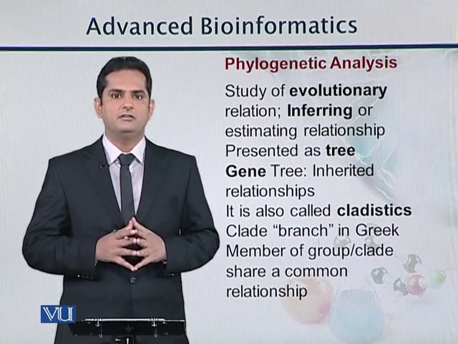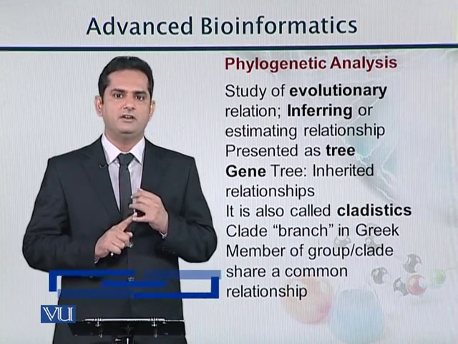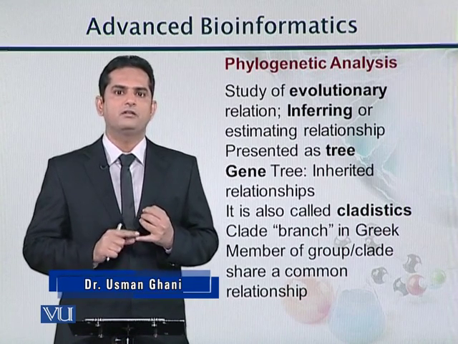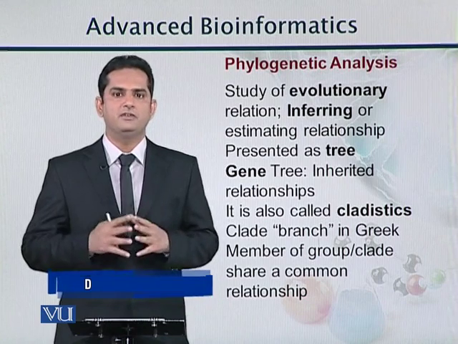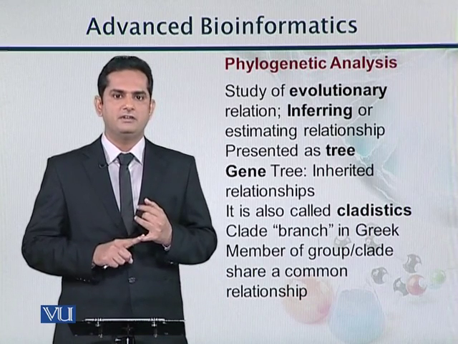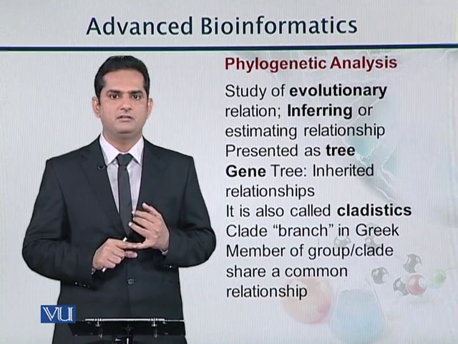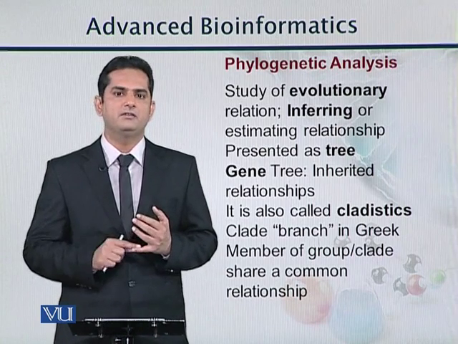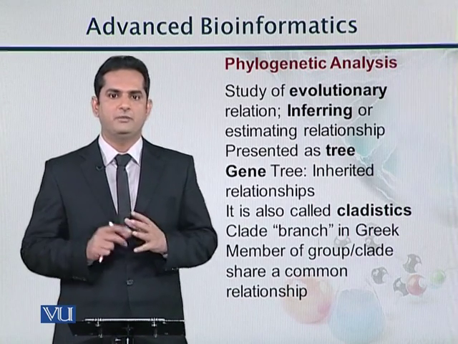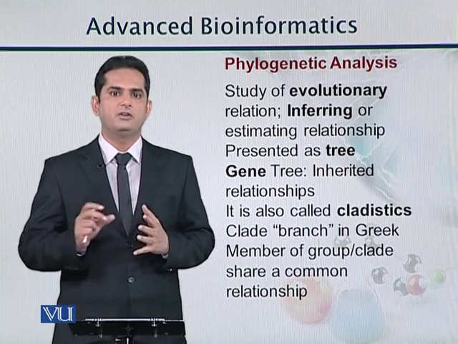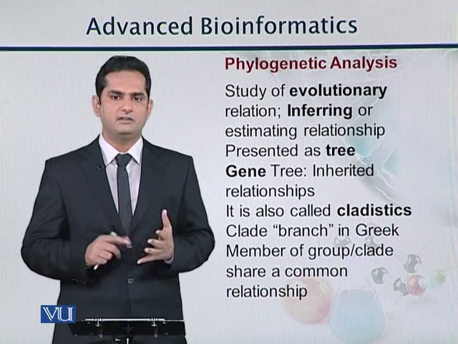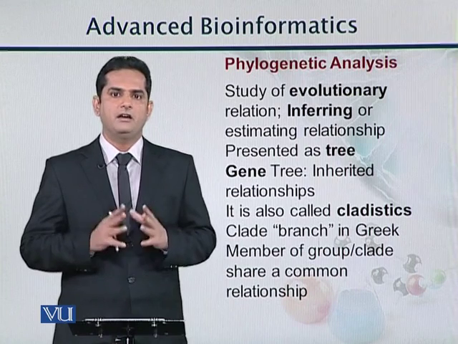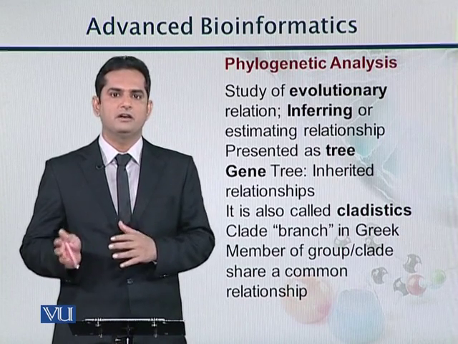So why does this change occur? There are three major factors. Number one is interaction with the environment, such as some disease in the common area, or some accidents which change the interaction between species. The other one is sexual reproduction, where one piece of information comes from one parent and the other from the second parent, and there is change in the offspring. And the third one is DNA mutations, which can be because of natural selection, where there is positive selection or negative selection. So basically, evolution information is more concerned towards phylogenetic analysis.